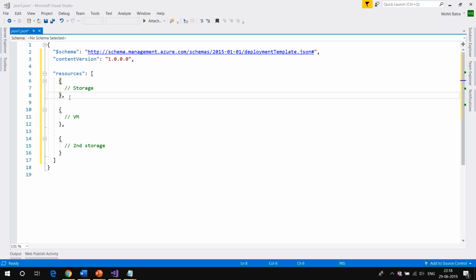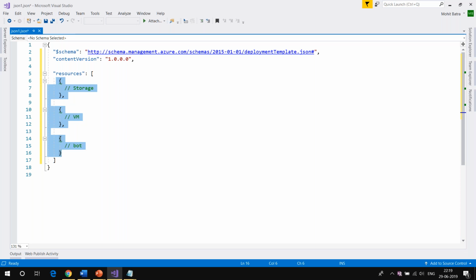That is why I always focus on people understanding the basics of ARM templates, because tomorrow if you are creating from the portal, you will only get it like this. But in the same ARM template, if you also want to create a VM and let's say some cognitive service, let's say a bot, can you do that? Only when you understand the complete schema of the ARM template can you easily create very complex ARM templates that can help you in CI/CD, that can help you in multiple deployments, right?